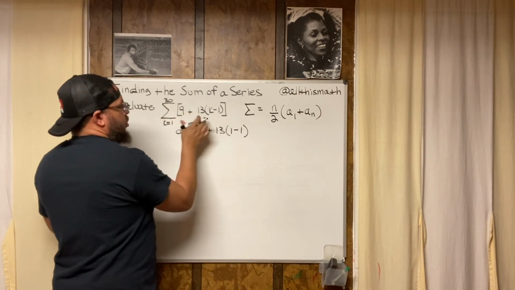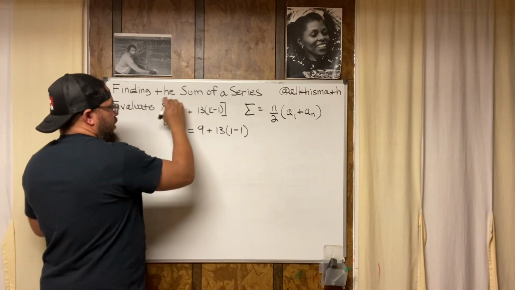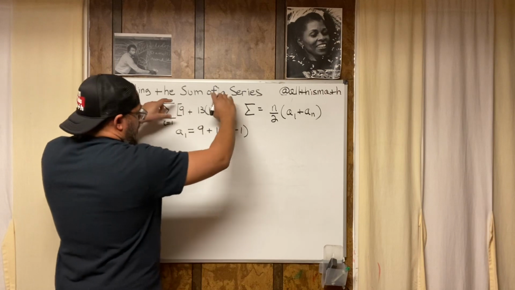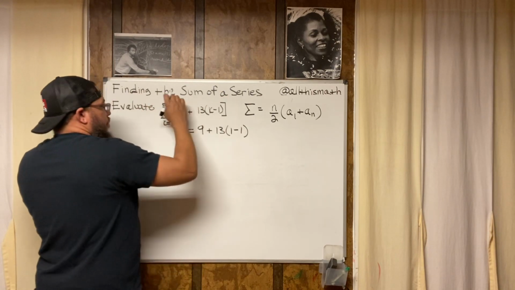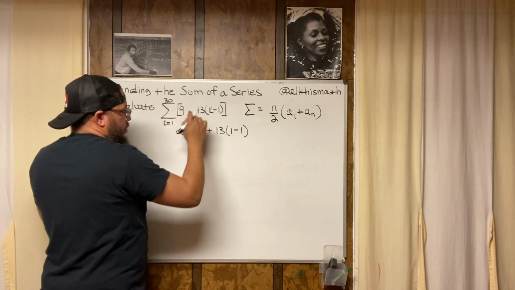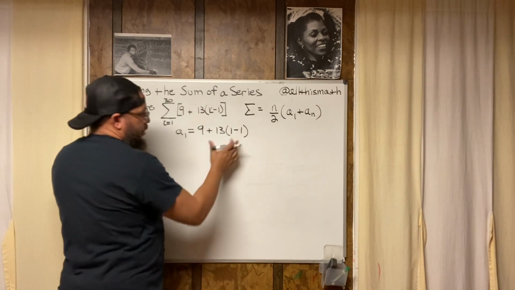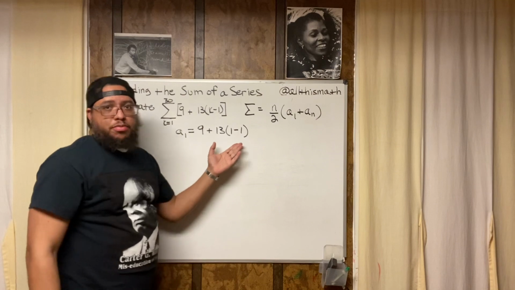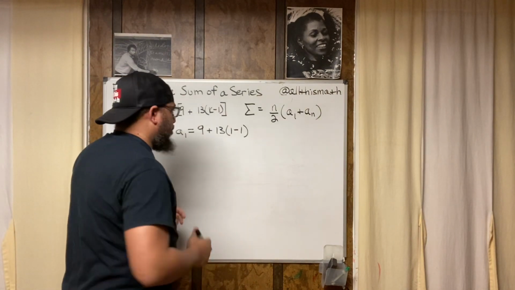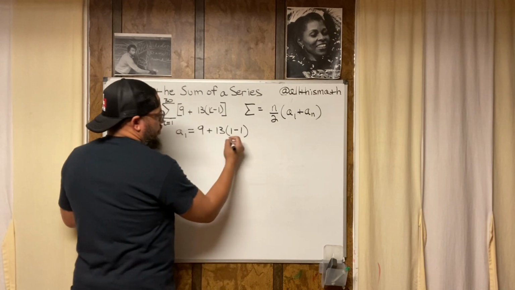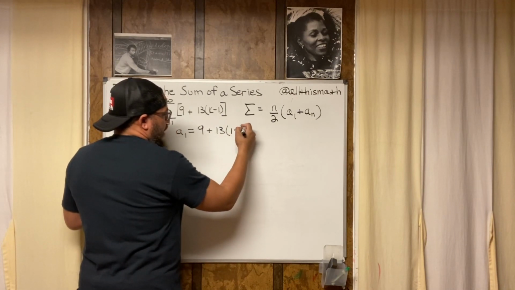And I don't need the brackets. The only reason I had the brackets here is because of the sigma notation. I wanted to show that the value of all of this together should be added. Each of these should be added, right? But I don't need it here. So now I can just use order of operations, right? That's the purpose of us learning order of operations. And hopefully we did learn order of operations. So I could distribute, but I'm just going to use order of operations.